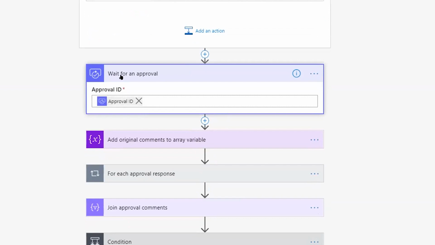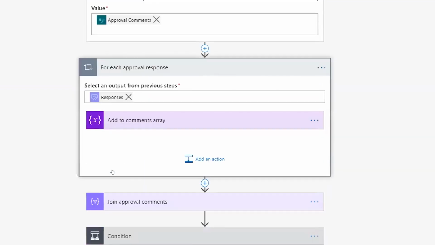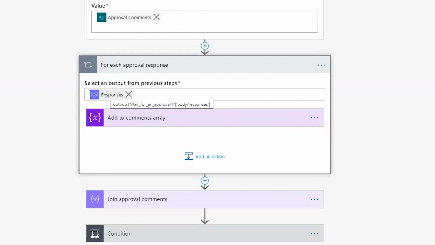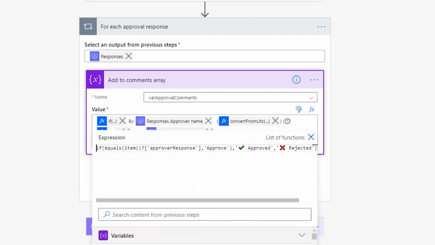Next step, of course, I'm waiting for the approval. This is where I wait for both my approvers to take their decision. Now, once they take their decision, my next step is I am going through each response. Now, what is responses? Responses is the output of the approval action, and we're going to look at that JSON right now. In there, responses is an array. So for each of those responses, what I'm doing next is I am going and performing, it looks complex, but it's very simple. I'll show you how. I am appending text to the array of comments, right? So now I need to get the response of my approver and append it. So the first step is I have an expression right here, and this expression is an if expression.